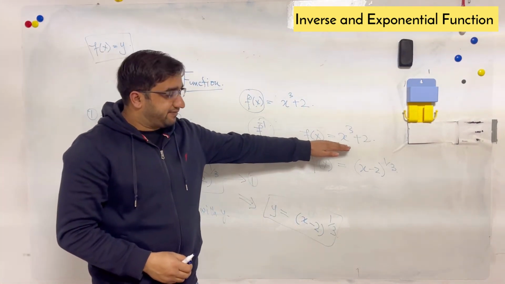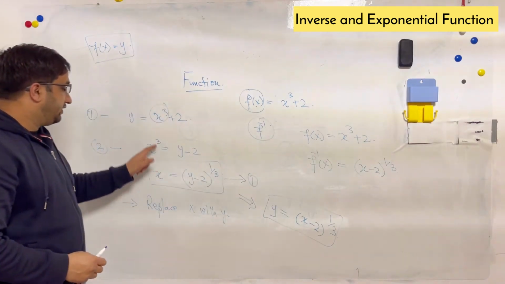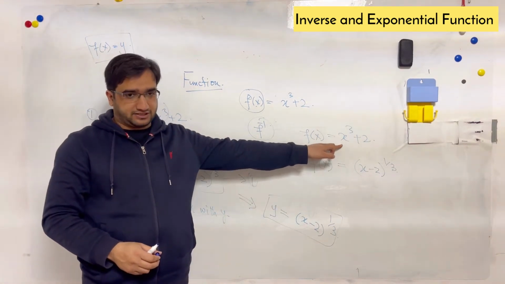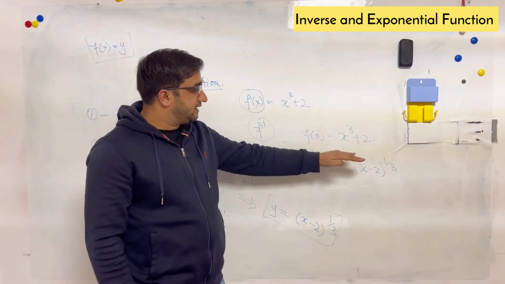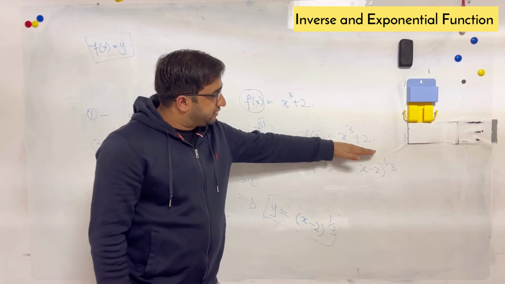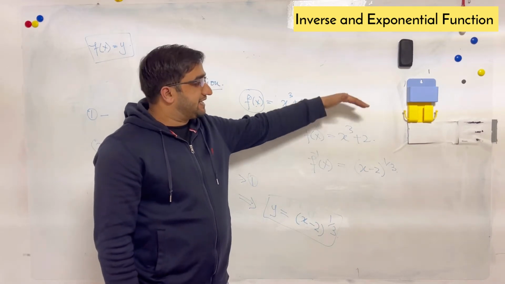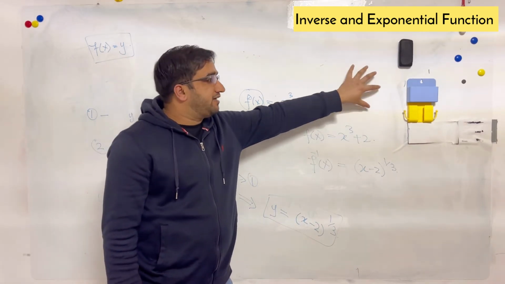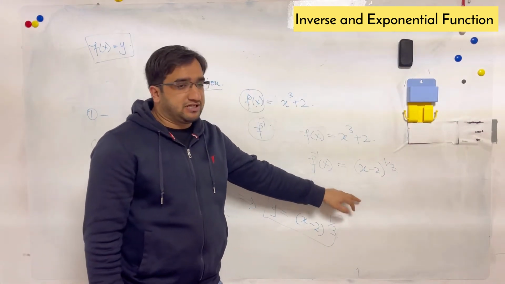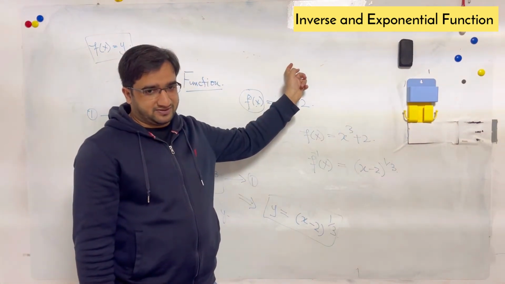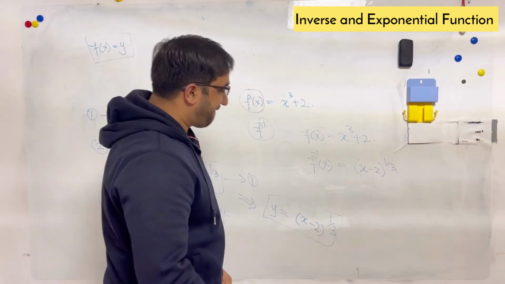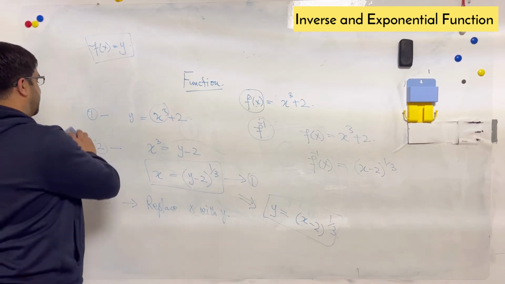So if you are given a function f of x, do these 3 steps and you will get the inverse function of the same function. Now what will happen? If you have a set of inputs, when you put the values into this function, you will get some output. Now put the output values into the inverse function and you will switch back to the original input values. Do you understand? Good.